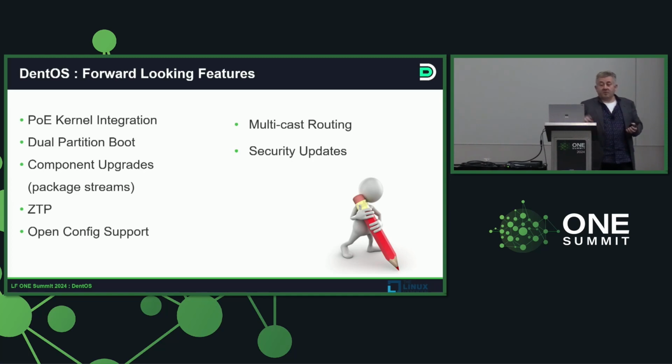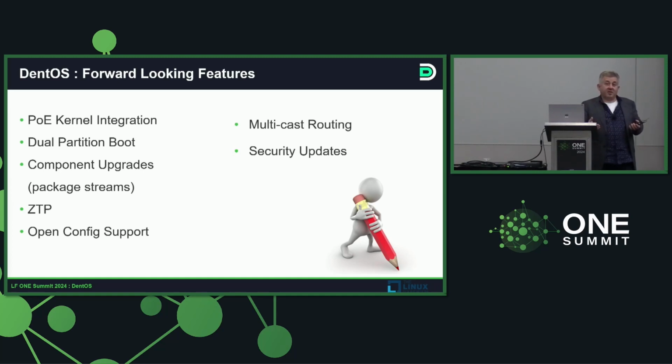Some of the additional items that are on our backlog: we talked about the PoE kernel implementation. It is currently being implemented. If it makes it to the kernel release 7.0, we'll use it. Otherwise, maybe we'll use it after the 7.0 release. There are features that we would really like to implement for easier deployability, like dual partitioning. We want to be able to deploy on one partition while the second partition is active and running, and just switch the partitions from active to passive, so that we can minimize the in-place update effects.